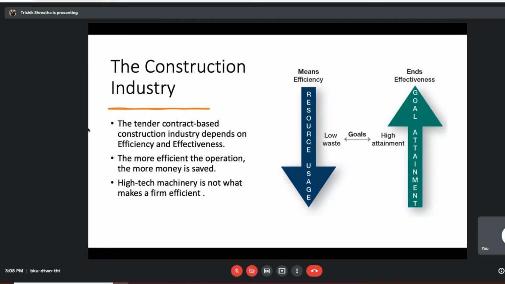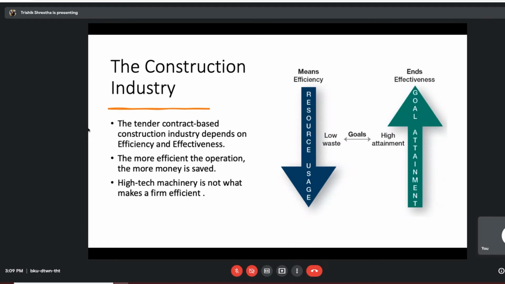This is one of the misconceptions that a lot of construction companies tend to have. We tend to say that yeah, how can we work like this big company, we don't have that equipment. That is the reasoning that I often hear people make when we are comparing construction companies. But that is not in fact the case.